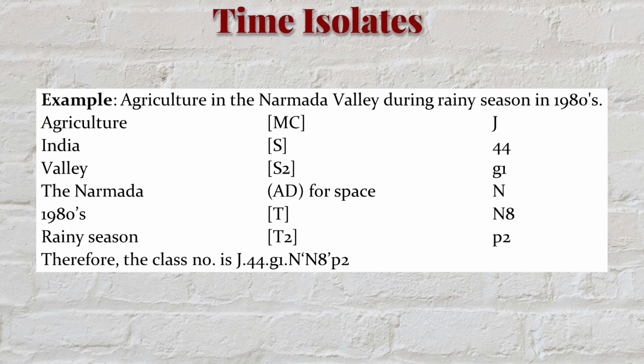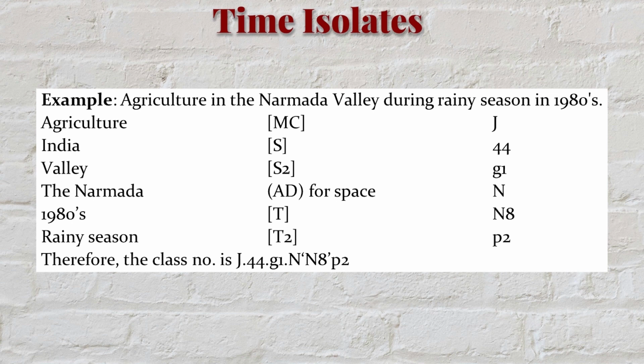So the main class is agriculture, denoted by capital J, then space India, and level 2 space isolate. Here we are now going to discuss level 2 of space. Level 1, level 2 of space isolate is here valley G1, then